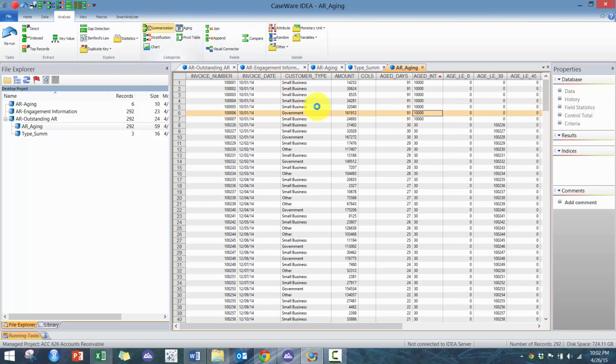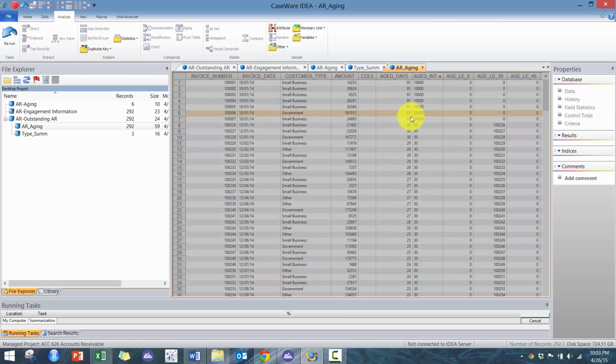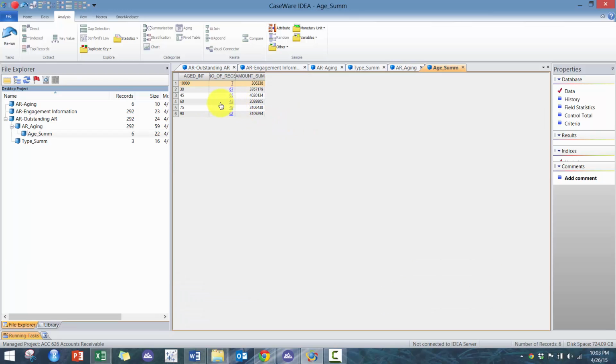Next thing I'm going to do is summarize based off of this age int and subtotal the amount. Here I'm going to call it age sum. So now we have the amounts for 0 to 30, 31 to 45,